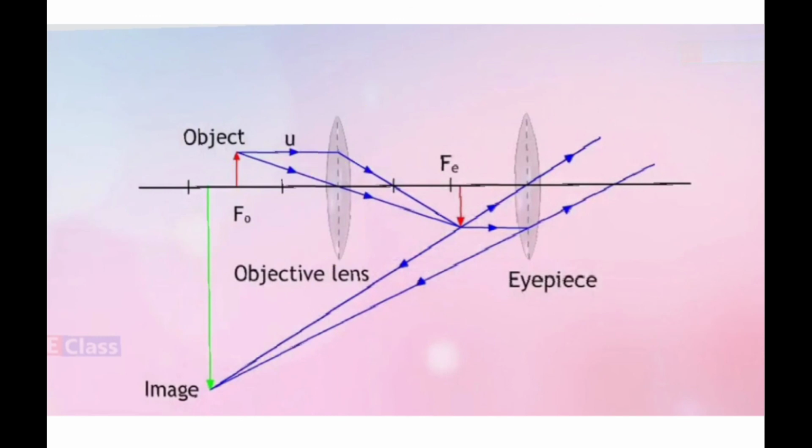So this is how we are making use of the two lenses. The image formed by the first lens acts as an object for the second lens. So this is the object, this is the image. Now this becomes the object for the eyepiece lens. But see to it that both these lenses have the same axis. They are on the same line. All these are fitted in a metallic tube in such a way that the distance between them can be changed.